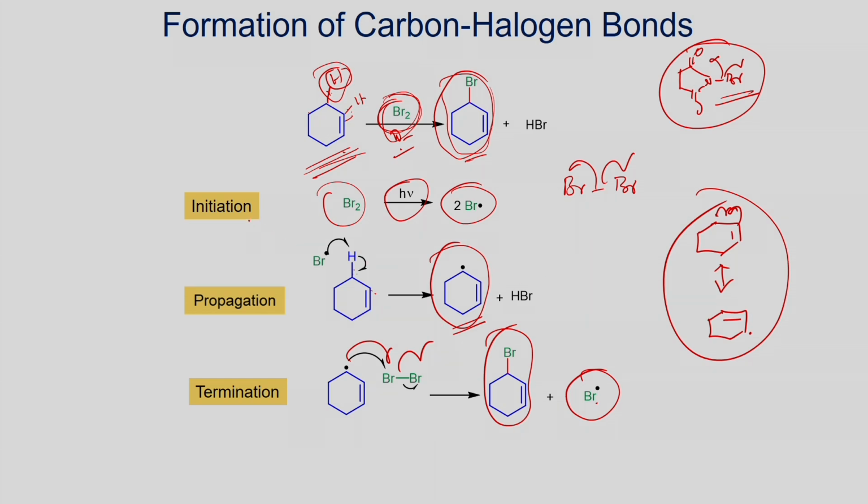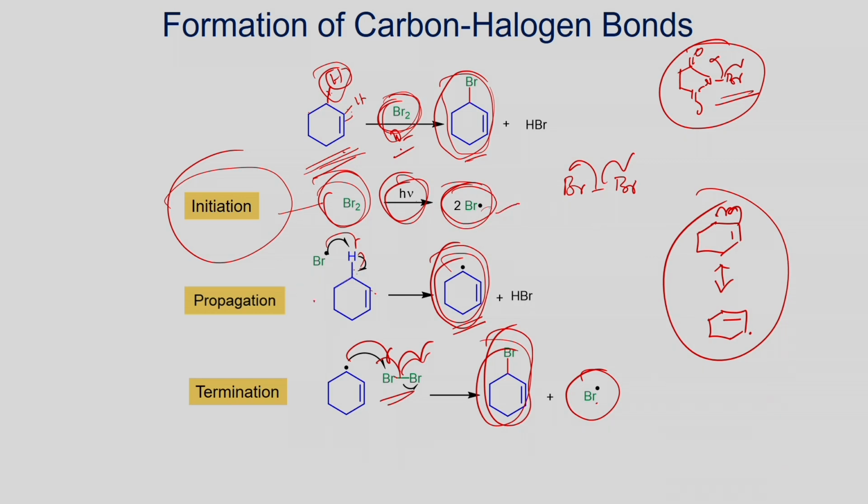So this is, as we have just seen, the initiation. What you do here first is convert the bromine, in the presence of light, into Br radical by homolytic cleavage of the bromine bond. Once you form the radical, it can abstract this allylic hydrogen to form the cyclohexenyl radical. This radical can now react with bromine as shown here, and you form the cyclohexenyl bromide. This is the initiation step.